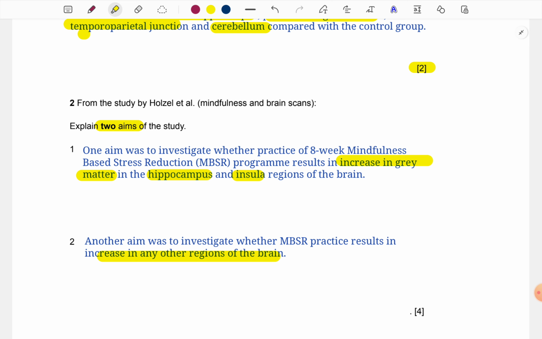As such, the procedure seems highly standardized in the Holzel et al. study because the group meetings are fixed and the duration of the program is fixed. The time points at which scanning of the brain and answering of the FFMQ have been done, everything seems to be very, very regulated. So undoubtedly there's a lot of standardization in this study, but if we look at it closely,